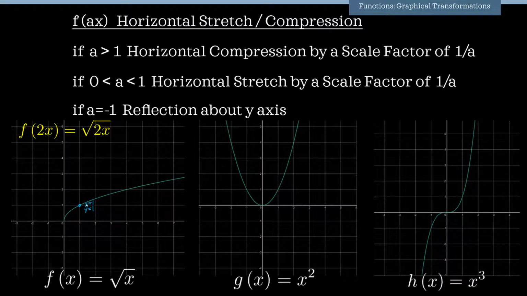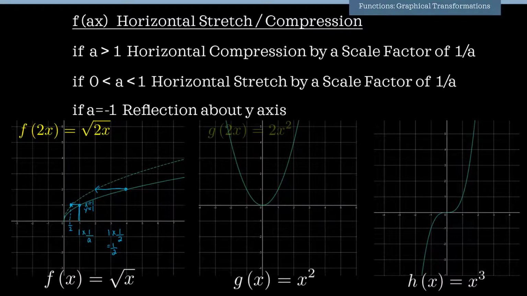We know it's a horizontal stretch or compression, so I'm going to multiply the x value by 1/a. Since the value of a is 2, I'm going to multiply 1 by 1/2. So 1 times 1/2 is 1/2. So this point is going to move over here, where the y value is 1 but the x value is now 1/2. So each point on this graph, the x value at that point is going to get multiplied by 1/a. So after this transformation, my graph is going to look like this.